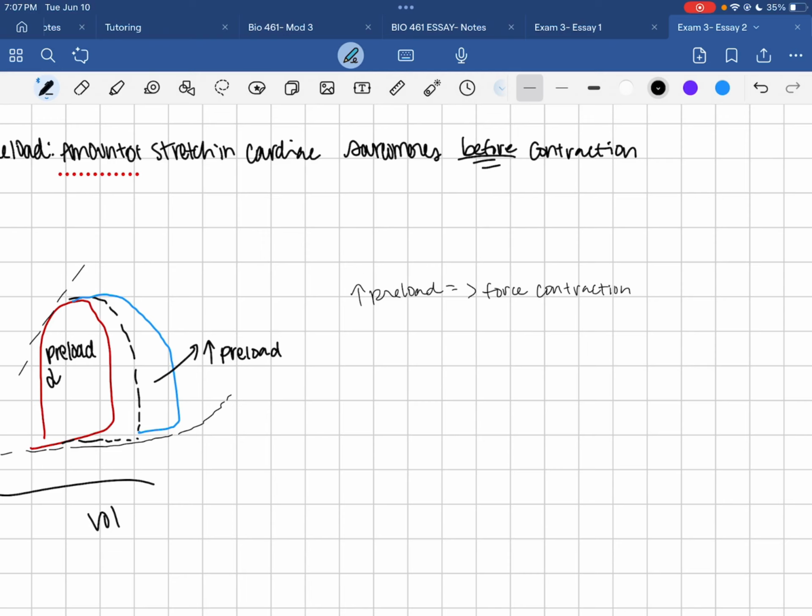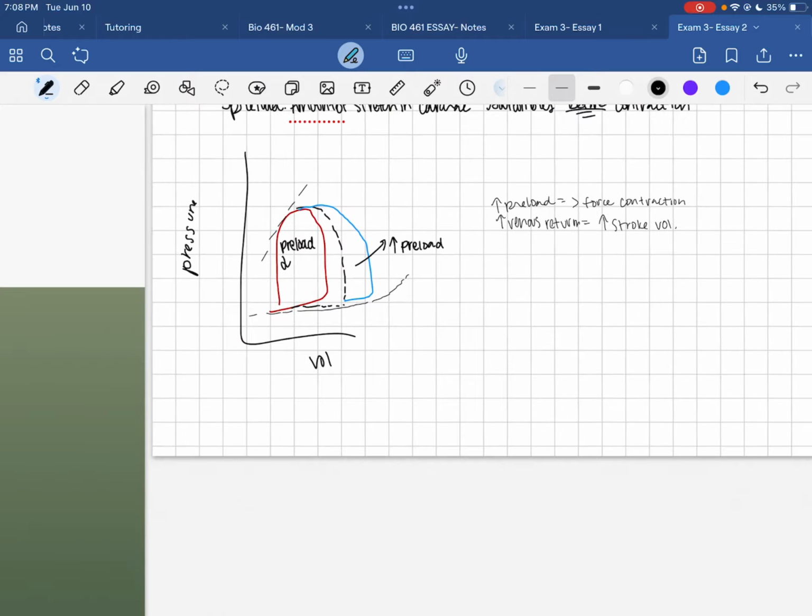And this is because an increased preload stretches the sarcomeres, which means we have more G-actin active sites exposed to myosin, which increases the driving force production without increased calcium source influx. So increasing venous return would increase stroke volume. So we would say an increase in venous return is equal to an increase in stroke